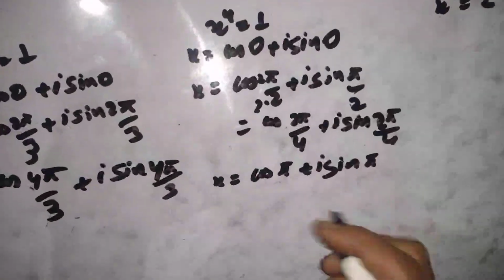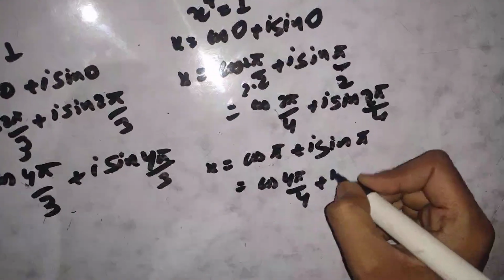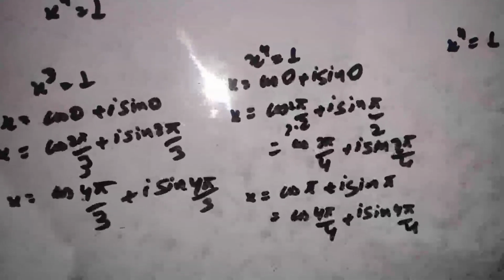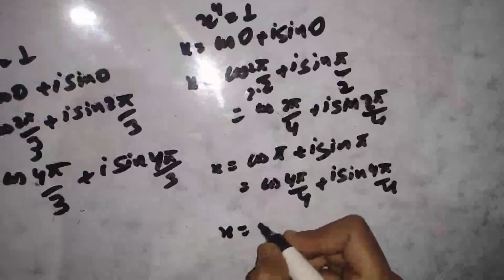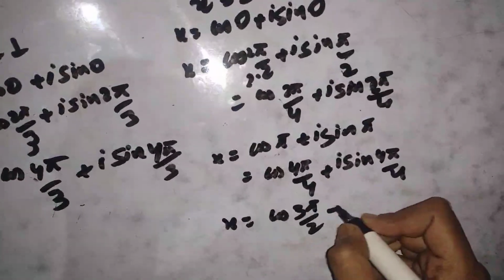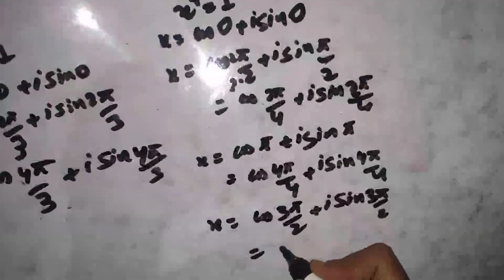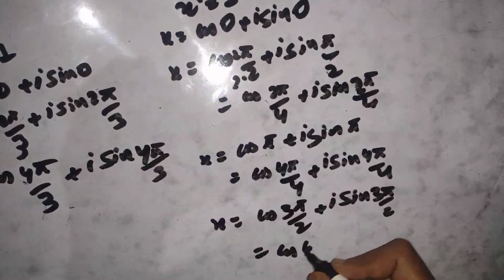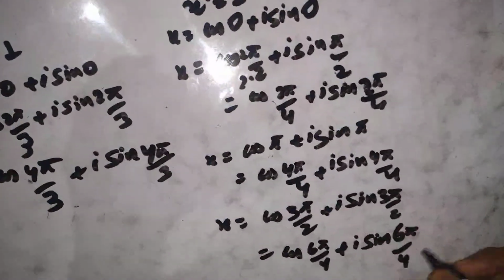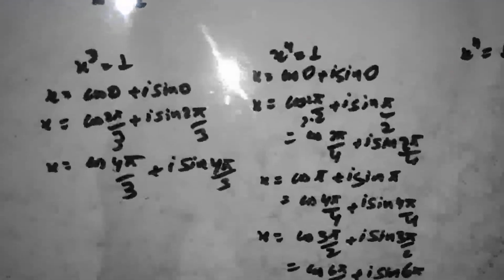This was actually minus 1, and we can also write this in the form cos 4 pi by 4 plus iota sine 4 pi by 4. Our fourth root was cos 3 pi by 2 plus iota sine 3 pi by 2. We can also write this in the form of cos 6 pi by 4 plus iota sine 6 pi by 4. Now we can see that for the equation x to the power 3 equals 1,